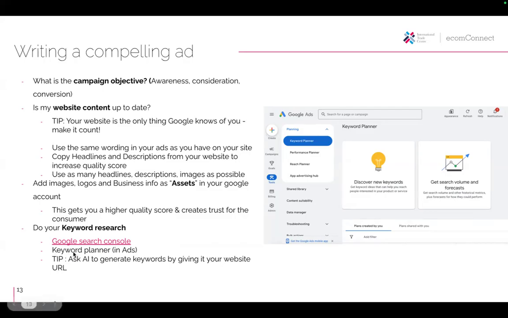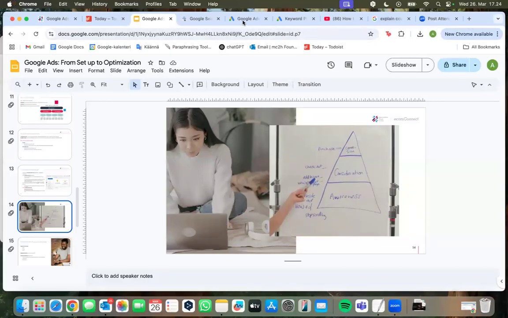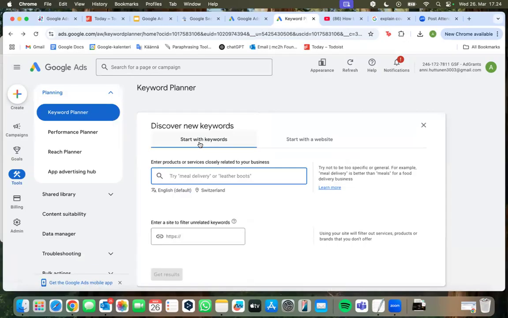a tool called Keyword Planner, and I have a screenshot of it here. It's integrated into Google Ads, so it will be on the platform where you are creating the ads itself. I will show you very quickly how it works. There we go. So this is now my personal Google Ads account. You would be finding the Keyword Planner in the left-hand side menu. You would then go into the Discover New Keywords element, and you would start adding keywords.